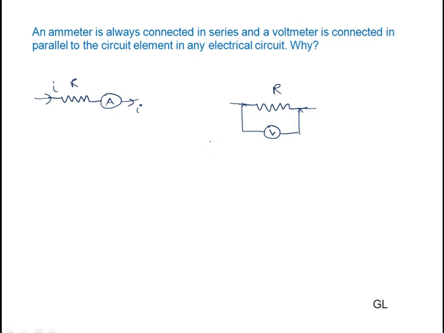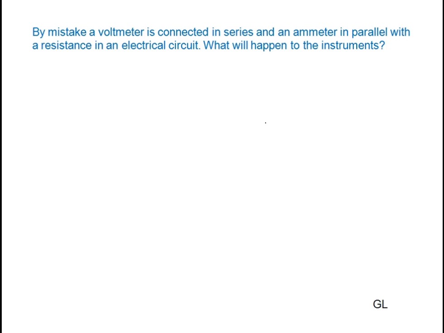But again I will tell you one very important thing. Whatever current you measure from this ammeter, whatever voltage you measure from this voltmeter, it will always be less than the actual value. Okay, why? Because the presence of the ammeter and voltmeter affects the circuit due to their finite resistance. We have calculated the percentage error, so you should know that also. One more question is there. Please try to solve it.